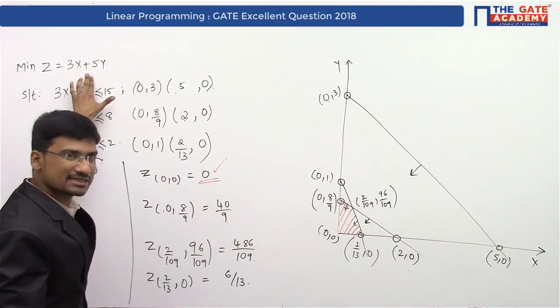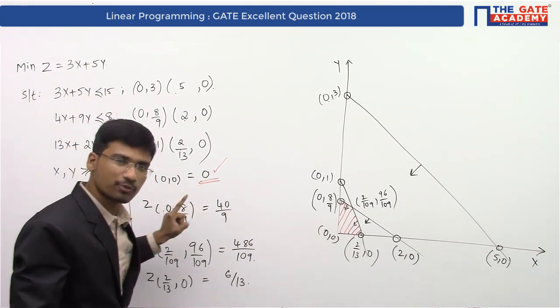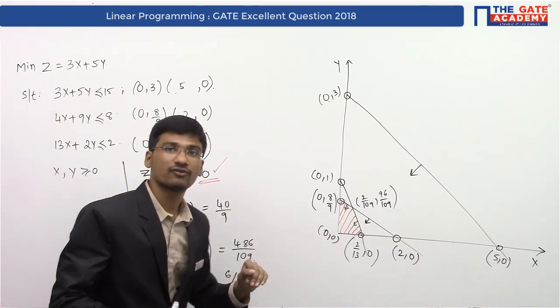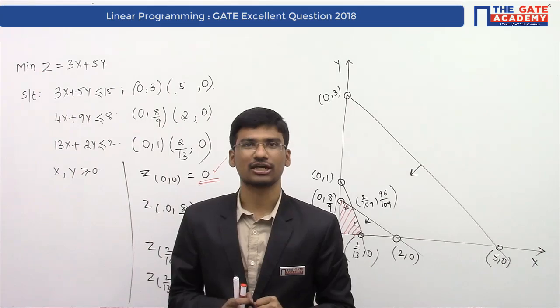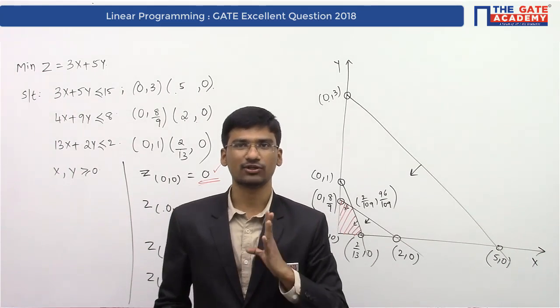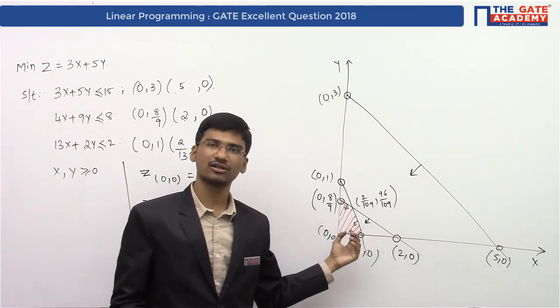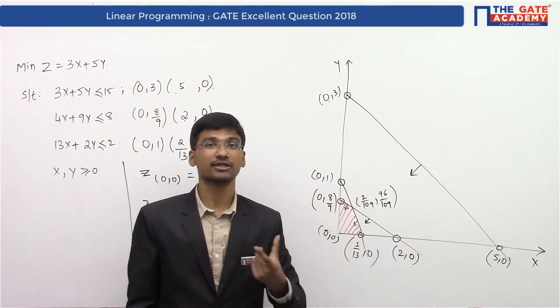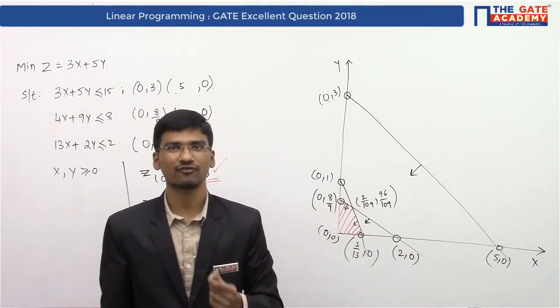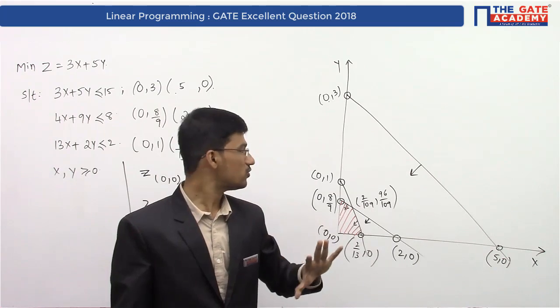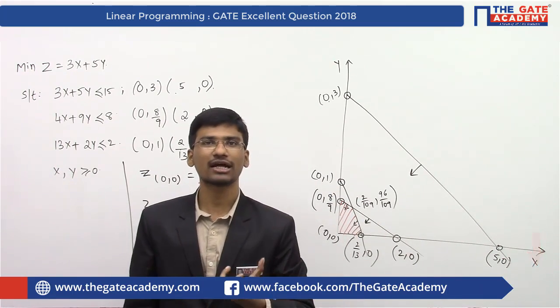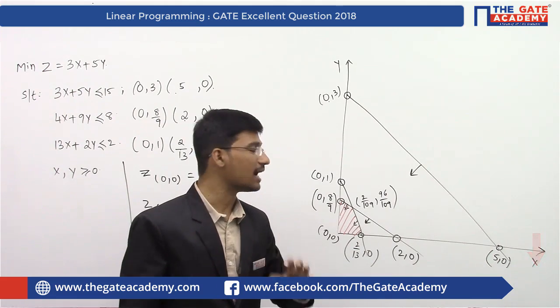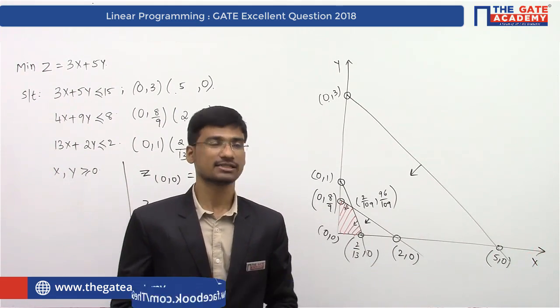Now here there is a plus symbol. It is a minimization problem. Now all the constraints are of less than or equal to type. We can directly say by looking at the question that the answer will be 0, because your feasible region will be always towards the origin if you have less than or equal type of constraints. Okay. So now no need to follow this conventional approach. Just by looking at the question, you can say that the answer for this particular question is 0.